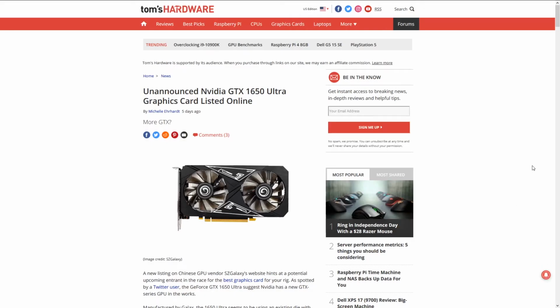Now the question is, when are the Ryzen 4000 CPUs going to hit? I mentioned a few weeks back that some variants of the 1650 had been dug up in some benchmarks, and interestingly some of them seem to be using the TU106 chip, which is the same one that is used in the RTX 2060 and 2070. This is supposedly an attempt by Nvidia to salvage silicon that did not make it into the 2060 and 2070 due to some defects, but is still good enough for the